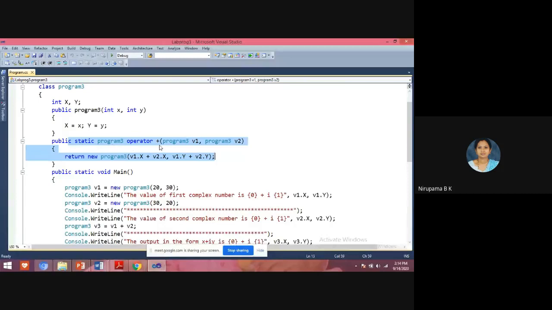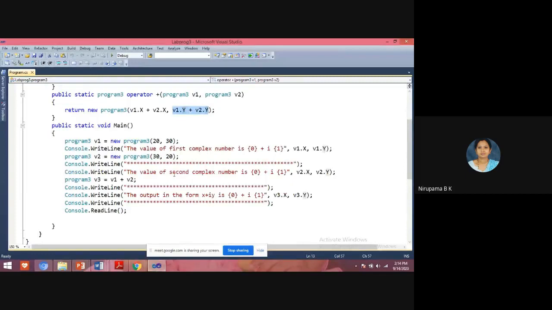Here we are adding the complex numbers 20 and 30 for the first variable, and 30 and 50 for the second variable. And these two numbers we are taking and we are displaying the output.